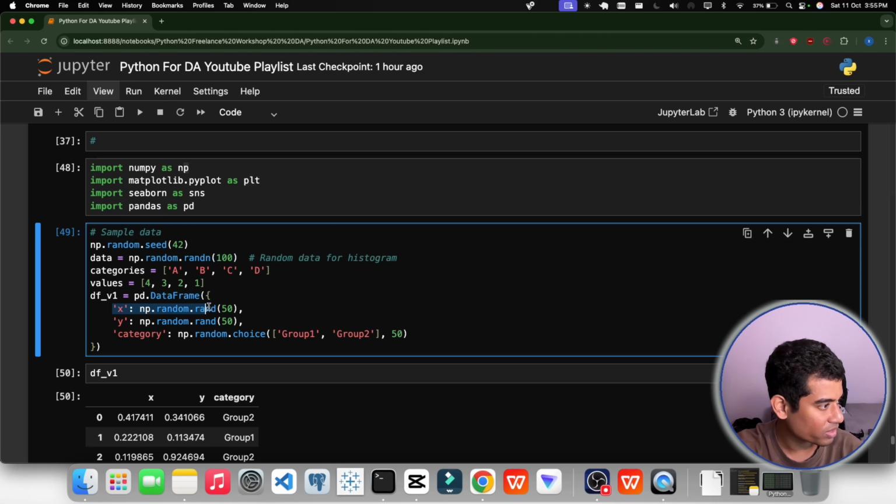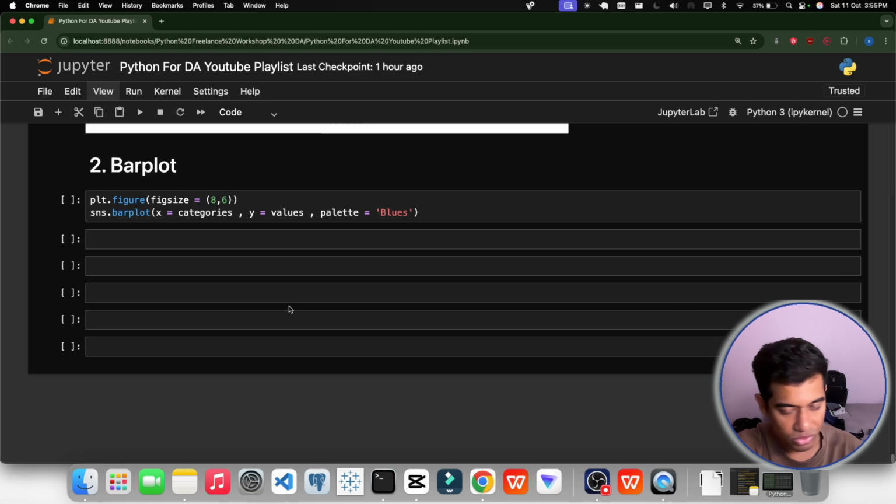This is the data set we are talking about. If you want to know about this, please watch the first video for the histogram. You will get to know each and every detail about it.